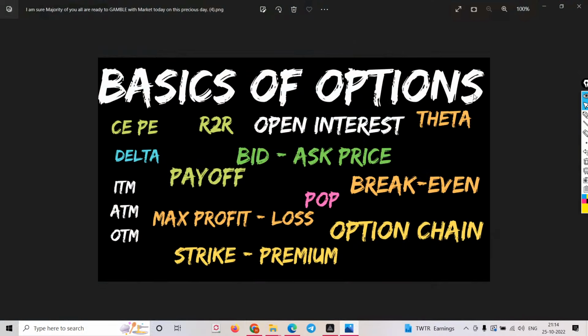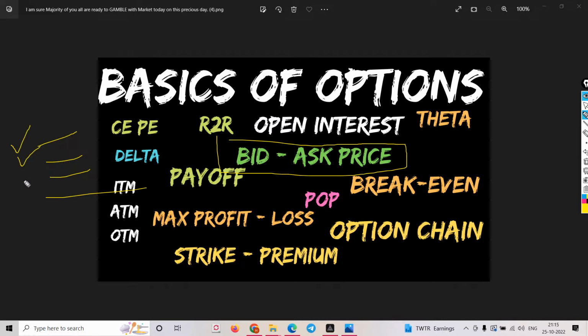So we have discussed open interest, theta, bid and ask price. Bid and ask price is very, very important. Whenever you go for any strategy, let's say a 4 leg strategy, you have to ensure that, let's say you have a good bid and ask price for one leg, two legs, three legs, but the fourth leg has like a 20 rupees difference, your entire trade will go into loss on the day of deployment. I've seen this many times.